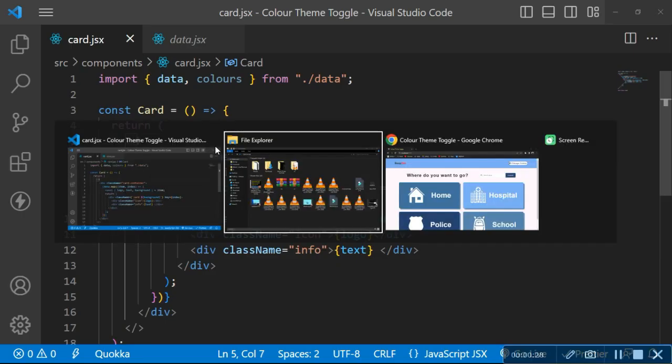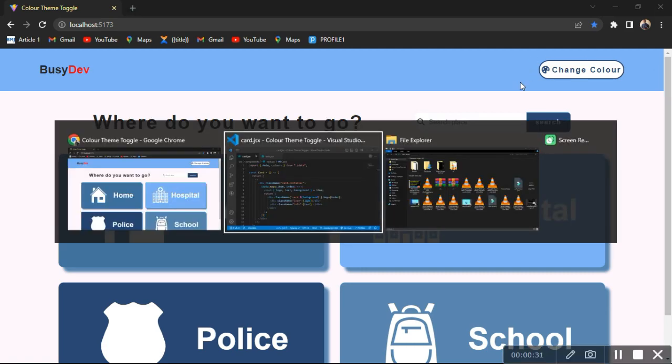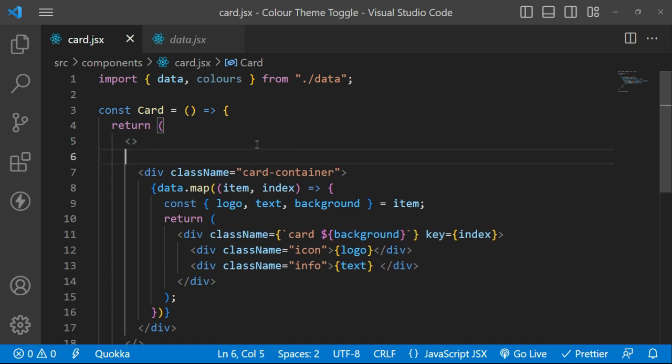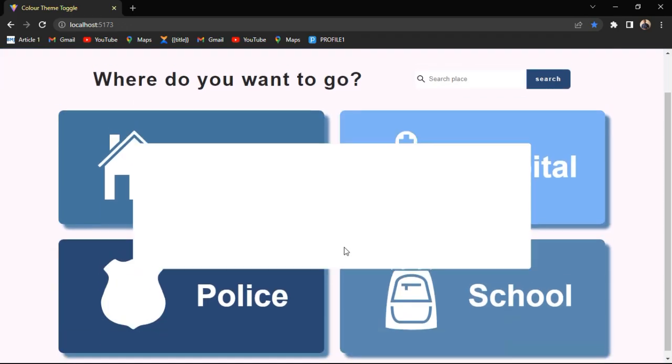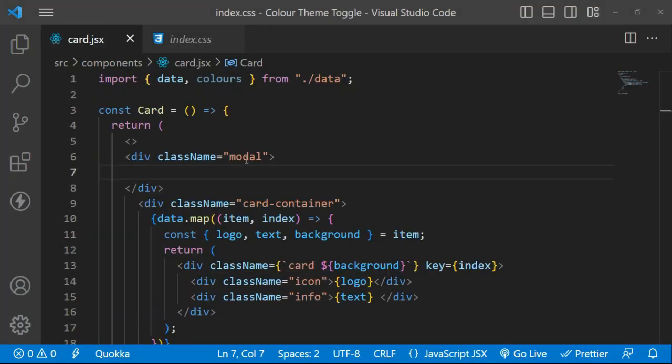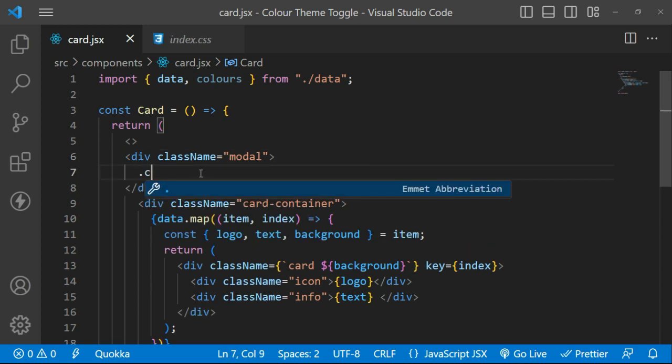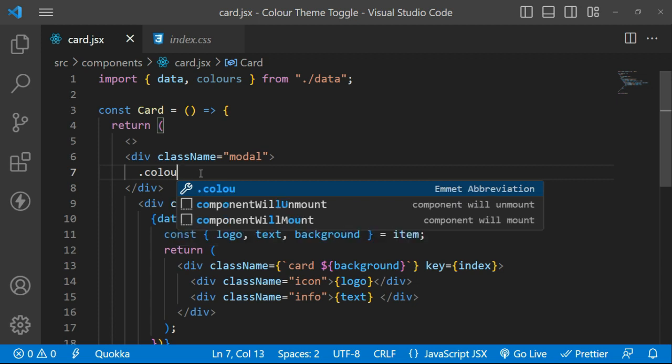So the first thing I'm going to do is to create a modal, okay? To do that, I'm going to create a div over here with a class of modal. Don't worry, I've written all my CSS code already, so there's going to be less CSS over here. So inside of this div, I'm going to create another div, which is the color btns, okay, with color btns, and then inside of it,